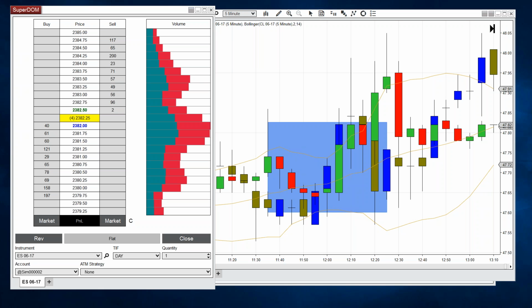Okay. Is there a list anywhere of the exchanges that are supported in NT8? No, there is not. Most of the common exchanges are supported, and it really depends on the brokerage that you're using. So if there's a question about a very specific exchange, please send that to platform support at ninjatrader.com.